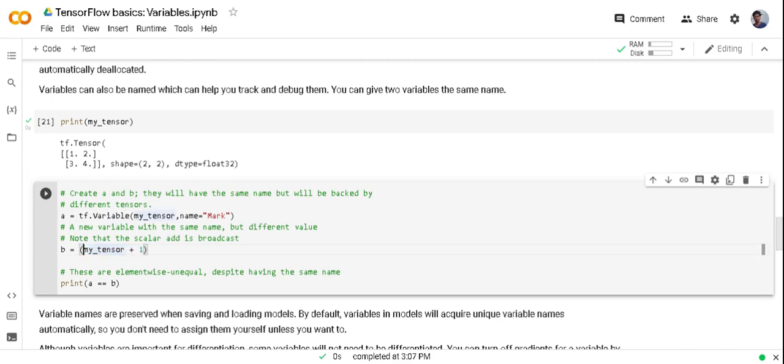Like here I'm going to give the same name to another tf.Variable, but even then the memory is different. Let me run this code.